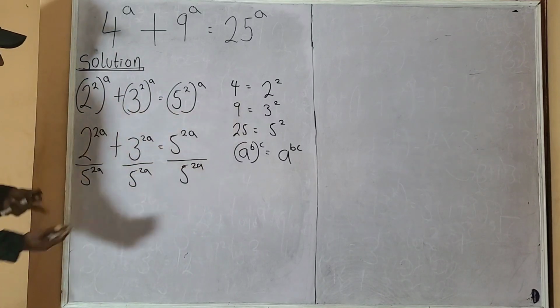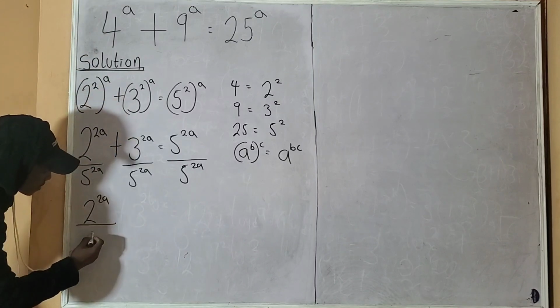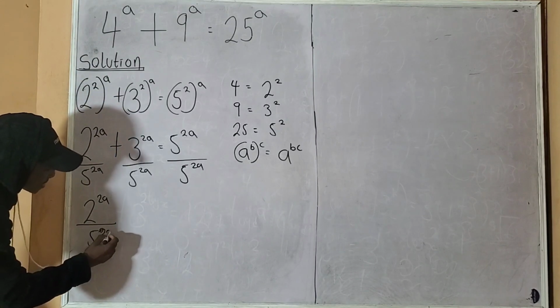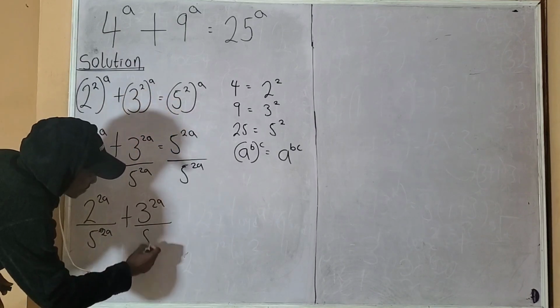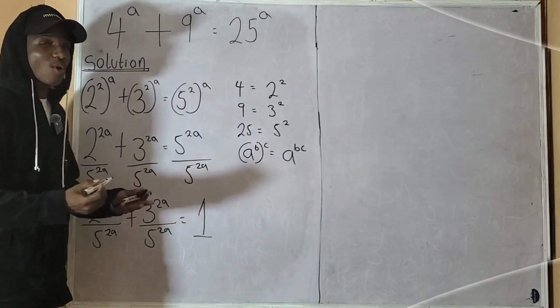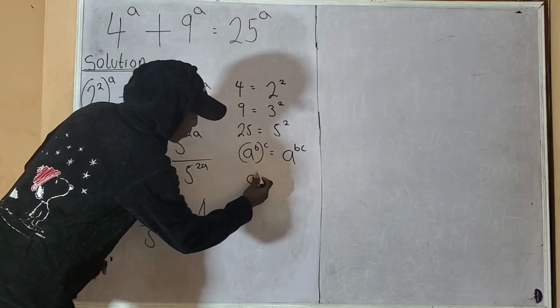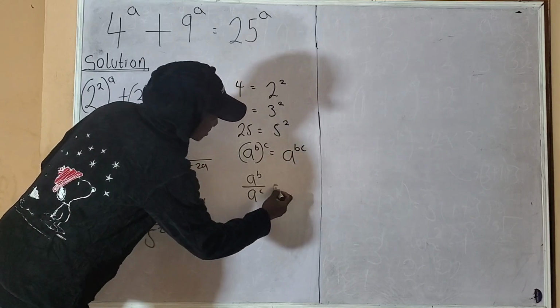So on the left hand side of the equation, we are going to have 2 raised to the power of 2a over 5 raised to the power of 2a plus 3 raised to the power of 2a all over 5 raised to the power of 2a equals 1. Recall that if you have a raised to the power of b divided by a raised to the power of c, this can be written as